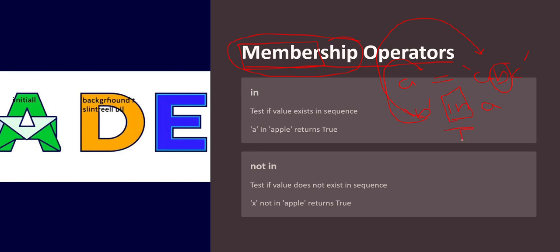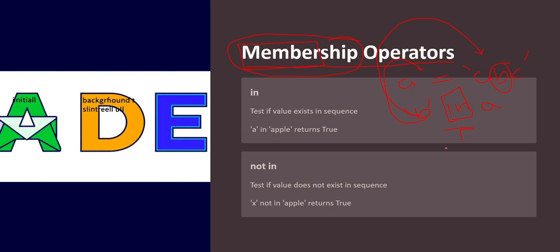So remember this, membership operator usually क्या करता है, check करता है कि whether a certain value is a part of, is a member of any sequence, any collection. That sequence can be a string, that collection can be a list, tuple, anything. What we are doing, simply, is checking the presence or absence over here. If the value is present, I'll be getting true. If the value is a member, I'll be getting true. If the value is not present, I'll be getting false.